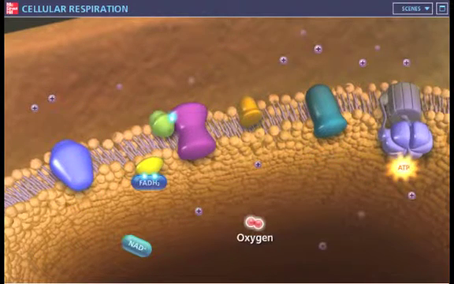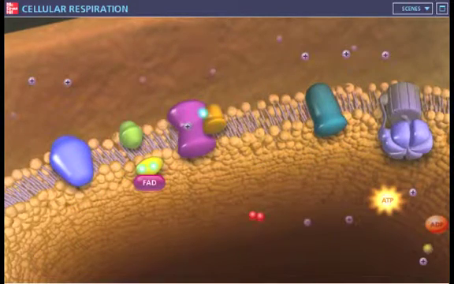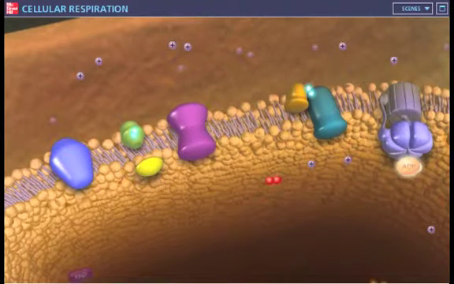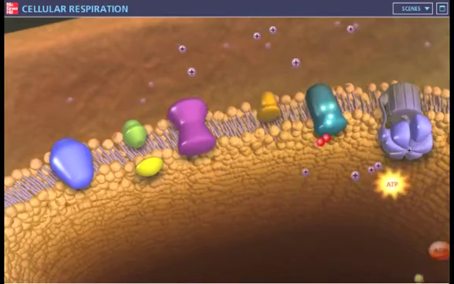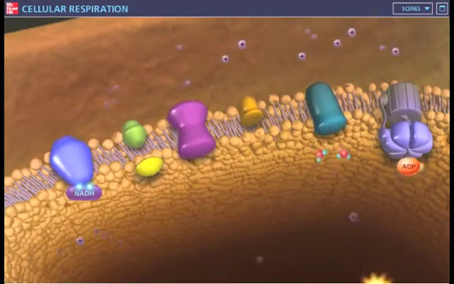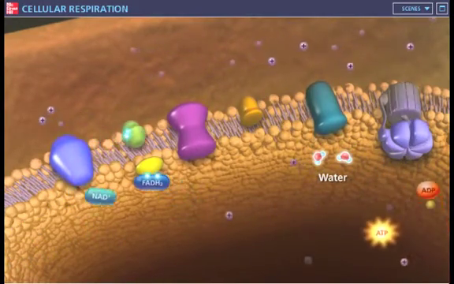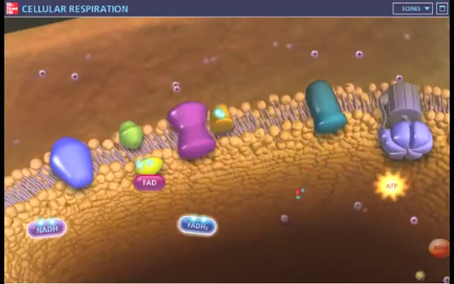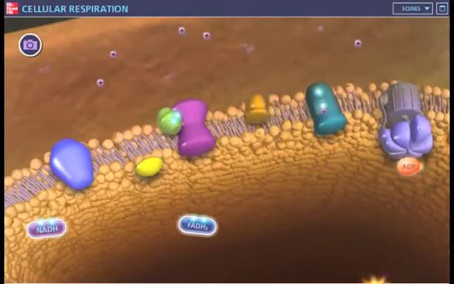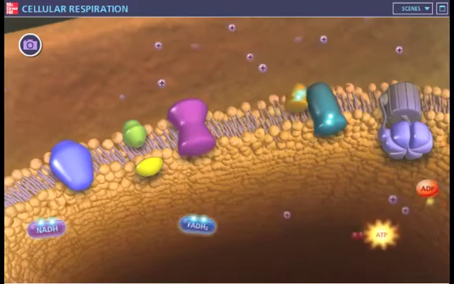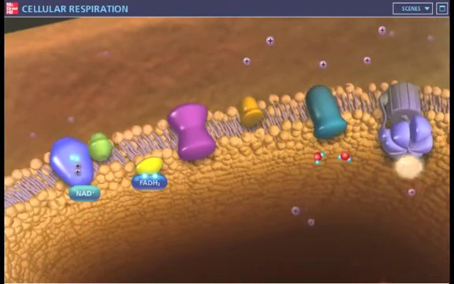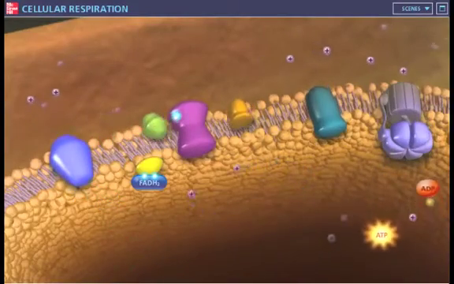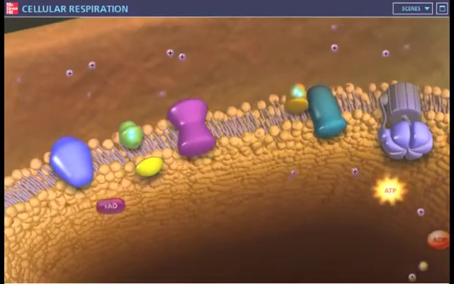Oxygen acts as the terminal electron acceptor. By accepting electrons, oxygen is reduced to form water, a byproduct of the electron transport chain. All the high-energy electron carriers from the previous stages of cellular respiration bring their electrons into the chain. From this, the bulk of ATP from the entirety of cellular respiration is produced, a net of 32 to 36